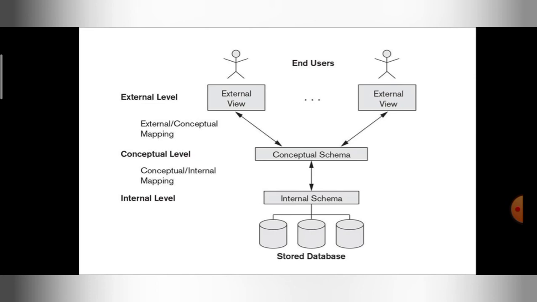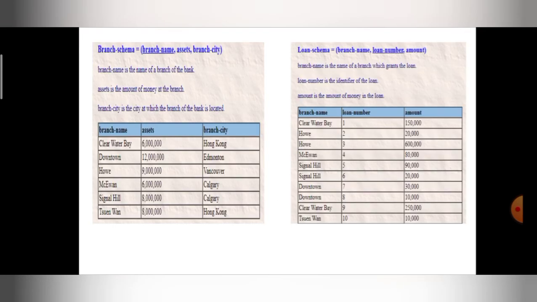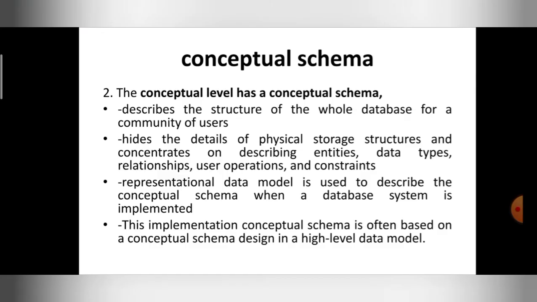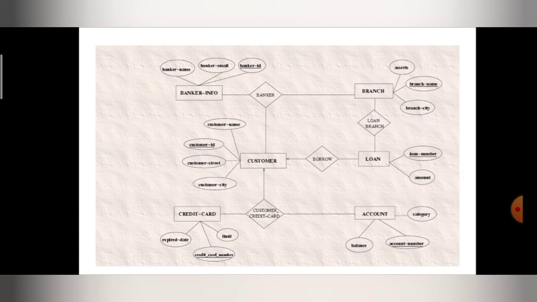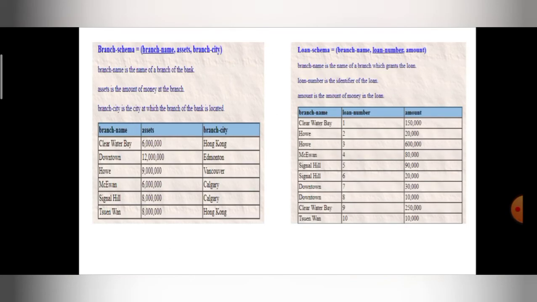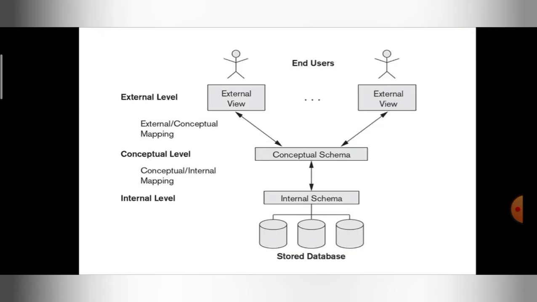For example, in the internal schema format, the information will be in the form of tables, but in the conceptual schema, the information will be in the form of diagrams. Hope you are understanding. So that is mapping. The process of converting the information from one form to another form is nothing but mapping. In the internal schema, details are in table format, but it should be changed to diagram format when it enters the conceptual schema. In the same way, the details in the conceptual schema should be changed to the format that is supported in the external view.